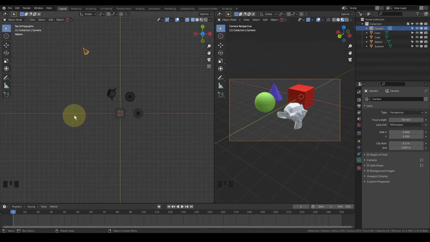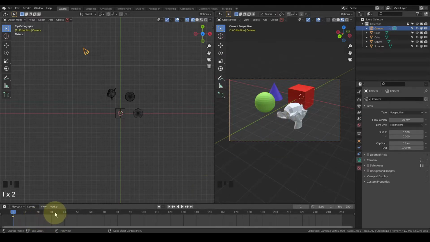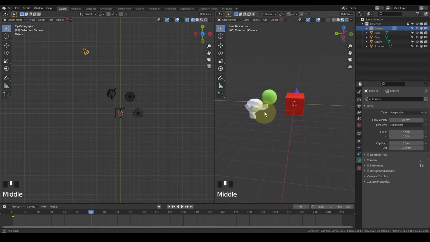Now, if you want the camera to start in this position, and suppose you animate it, just press I and choose Location and Rotation. Now I go to 60 frames, suppose, and I want the camera to change position like this.